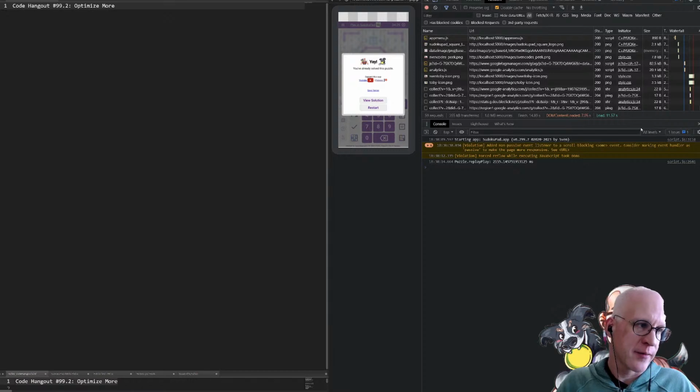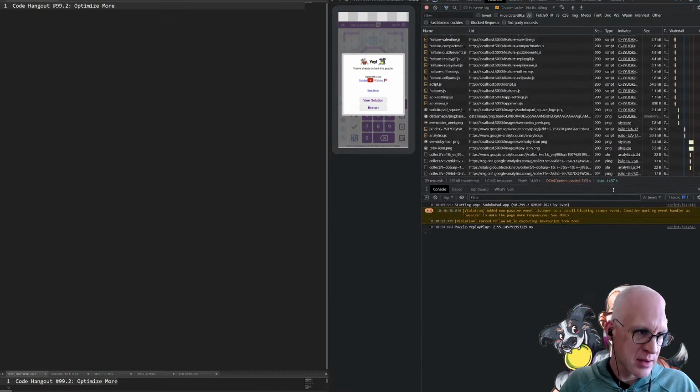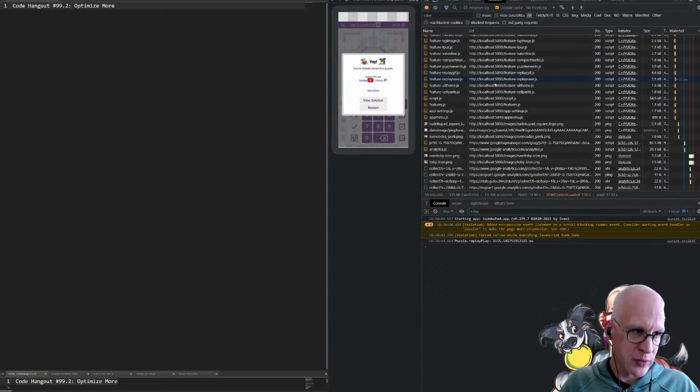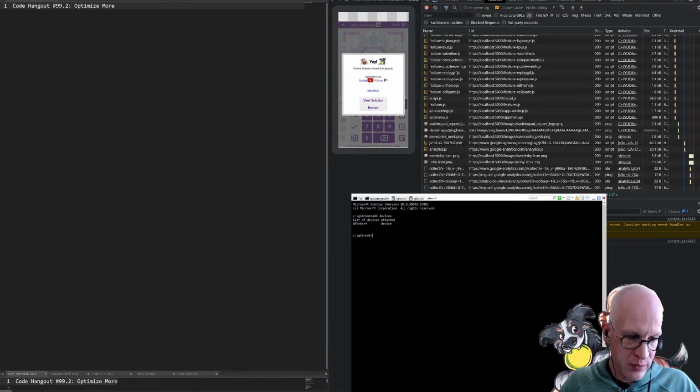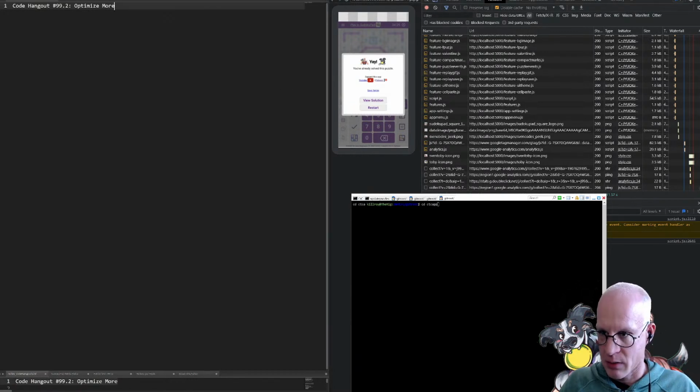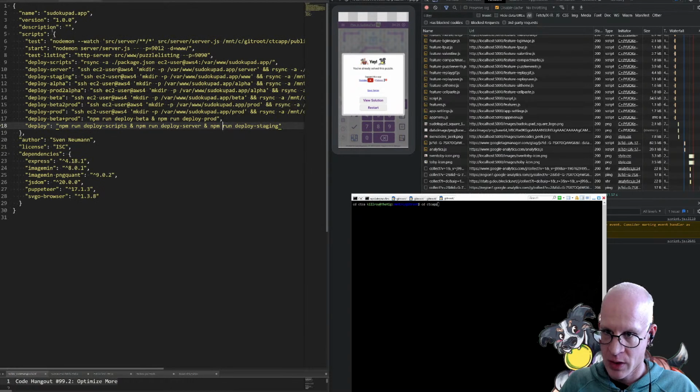And obviously, if I can test it locally, then that's definitely a lot easier for me to fix. Now, the only issue right now is that these are hosted or served through the Firebase command line, not through the code I'm running. So maybe the first thing we should do is also host this stuff. Actually, yeah, I think I can host locally how I would normally serve on SudokuPad.app on my Amazon server. So I think if I do this,